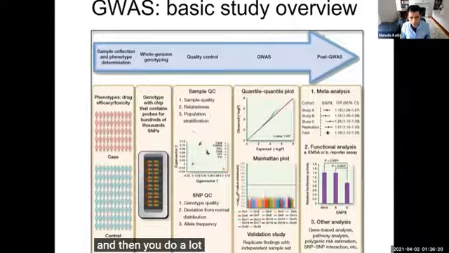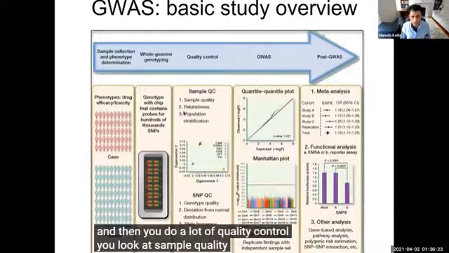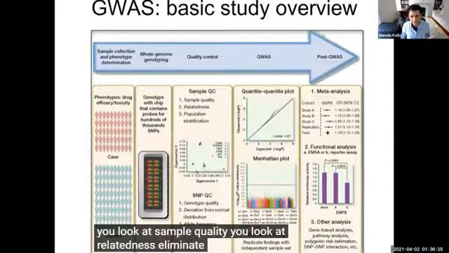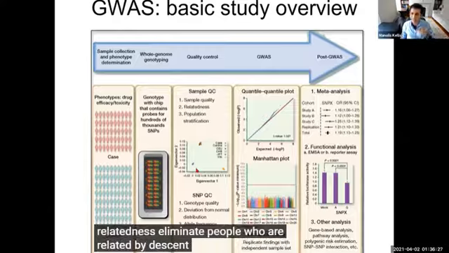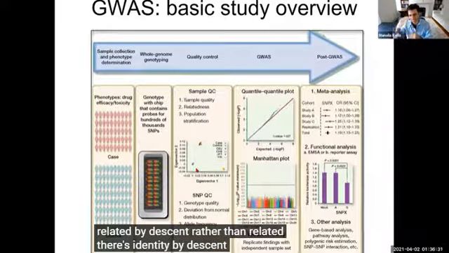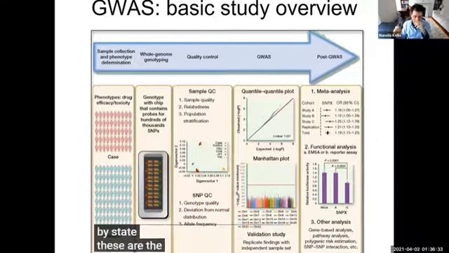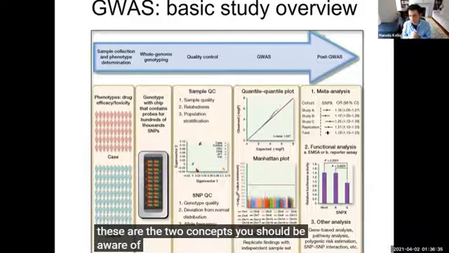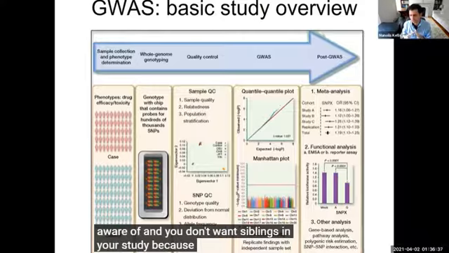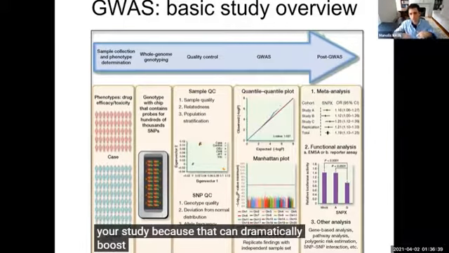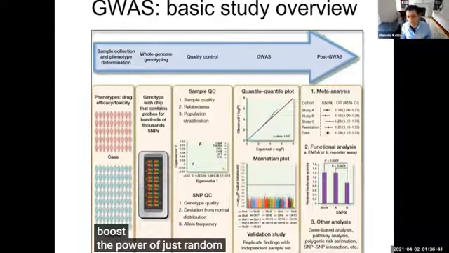And then you do a lot of quality control. You look at sample quality, you look at relatedness, eliminate people who are related by descent. There's identity by descent and identity by state. These are the 2 concepts you should be aware of. And you don't want siblings in your study because that can dramatically boost the power of just random variants that